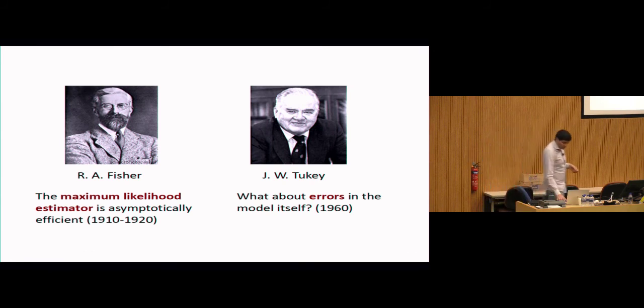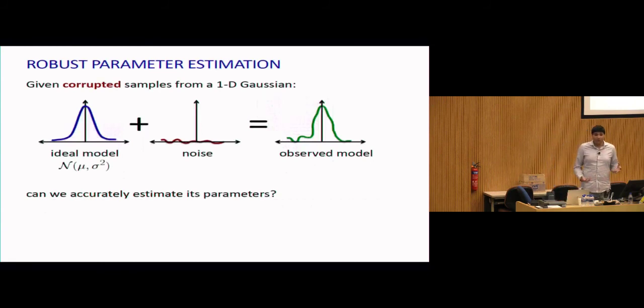So what I'm going to do first is walk you through how the field of robust statistics, which has its origins in Tukey's work and Huber's later works, frames this question. And it's very important to frame it in the right way so that the problem makes sense when you translate it to higher dimensional settings too. So the cartoon looks like this. You start off with some idealized family of models, but then you add some kind of twiddle of noise on top of it. And this little bit of noise means that you change the model somewhat, and you're actually given samples from this green model on the right. That's actually your observed model.